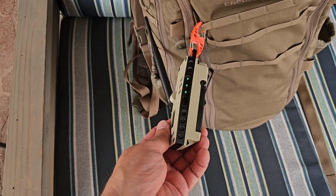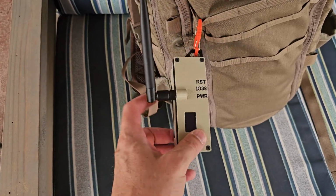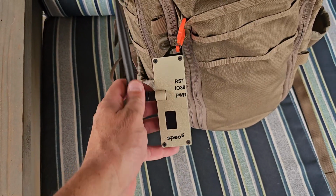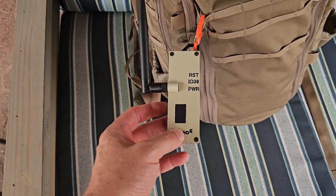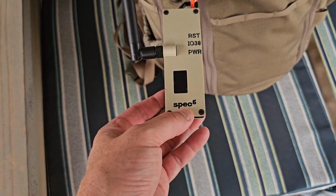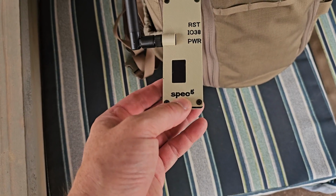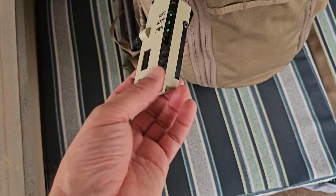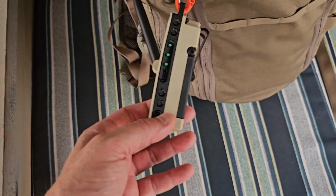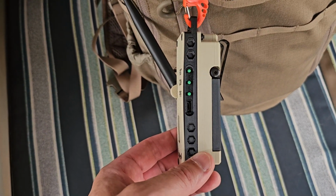It's a 3-piece 3D printed case that accommodates the T-Beam, not the T-Beam Supreme, but the T-Beam very well. SpecFive is who prints this, and I'll put links to where you can pick these up. He's down in the Austin area, which is very cool. It's got some excellent buttons